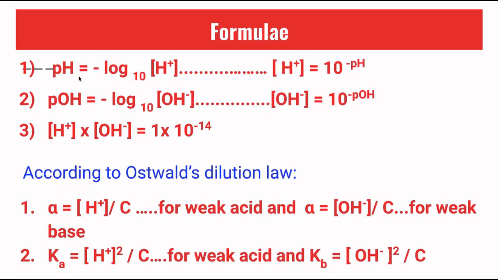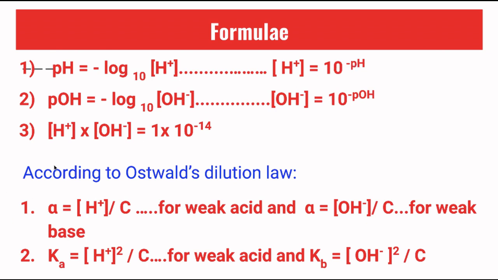We can calculate pH of the solution if concentration of H+ ions or concentration of OH- ions are given. pOH of the solution can be calculated also. But if pH of the solution is given, how can you calculate concentration of H+ ions or concentration of OH- ions? We shall see in this video. That means if pH of the solution is given, how concentration of H+ ions can be calculated. The formula is concentration of H+ ions is equal to 10 raised to minus pH. How we can calculate it, we shall see in this video.